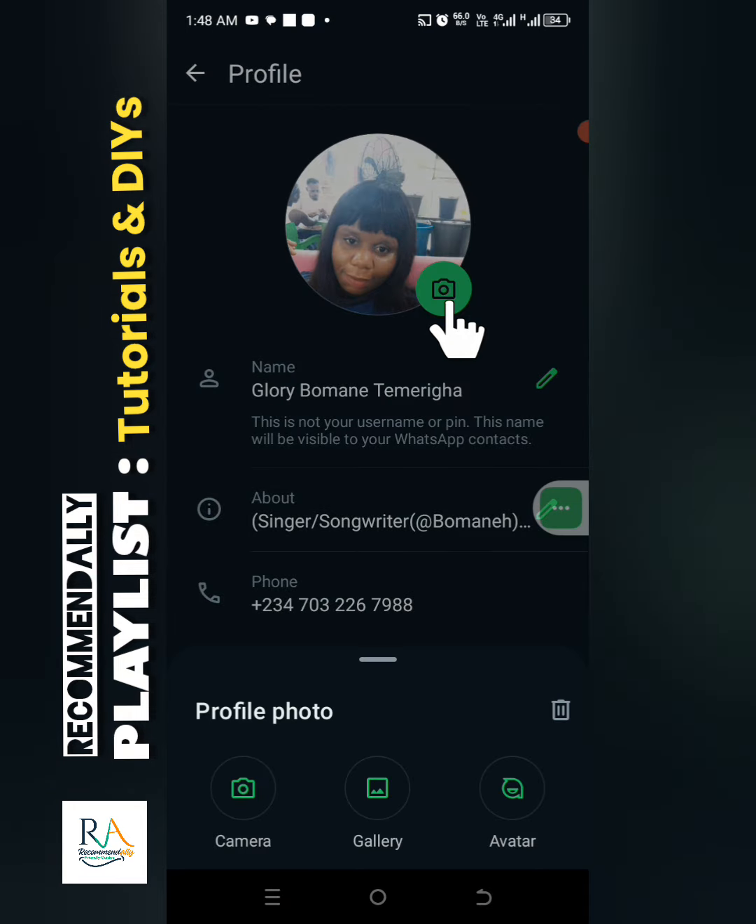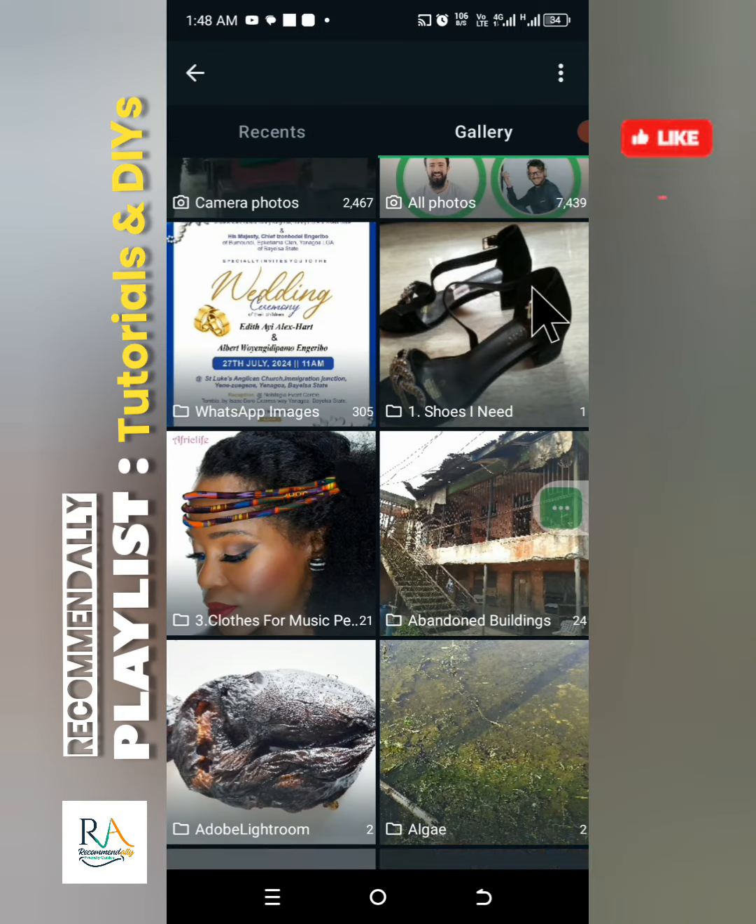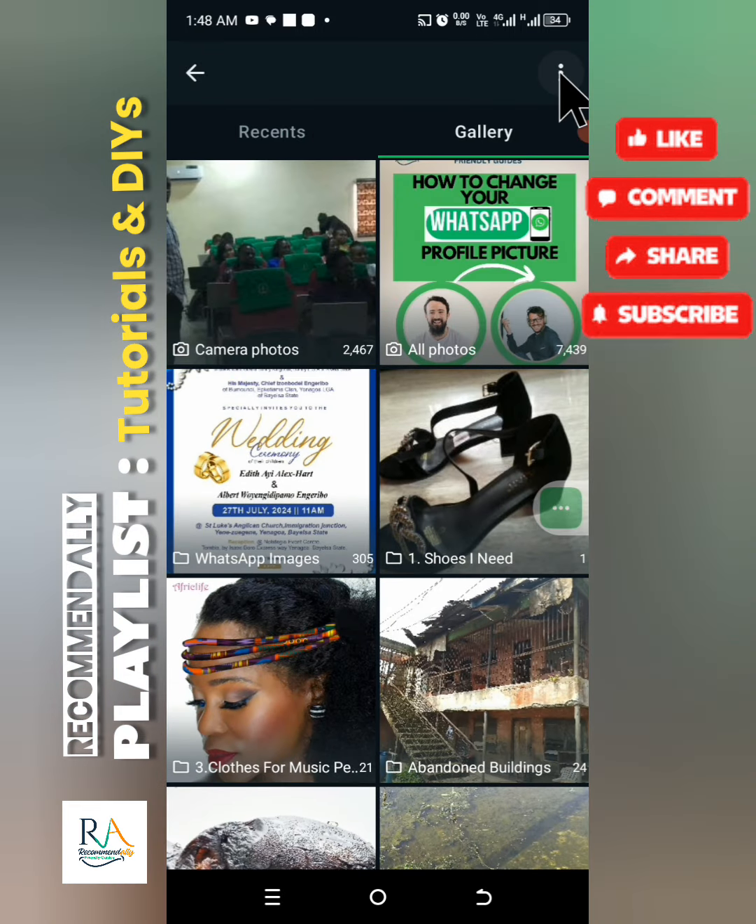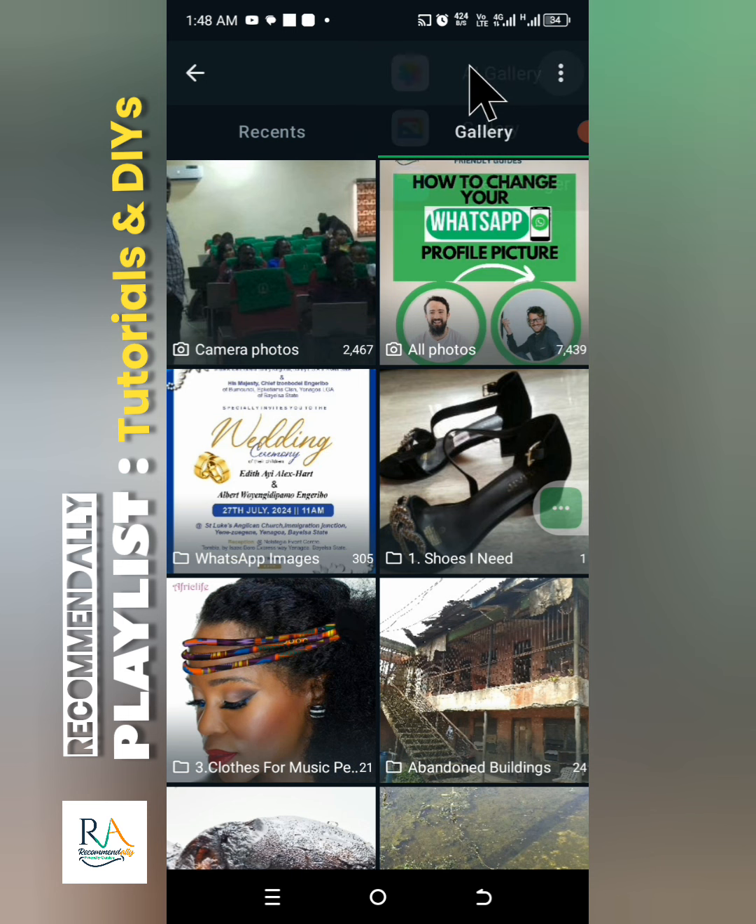You will see three options: camera, gallery, and avatar, where the avatar allows you to use an avatar, but the camera allows you to take a live photograph. But we are going to go into the gallery to select our preferred picture. You can hit the more options button at the top of the screen to go directly into your phone's gallery,